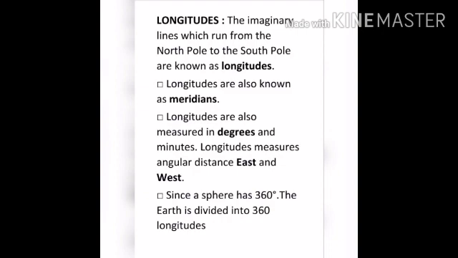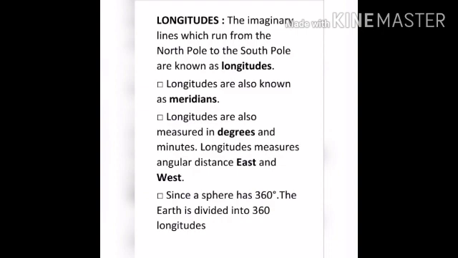So totally we have 360 lines that cover the complete circle. All meridians are of equal length, but the distance between any two meridians is not equal. Actually they get closer from the equator to the poles. So totally there are 360 meridians of longitude. So many imaginary lines we imagine.